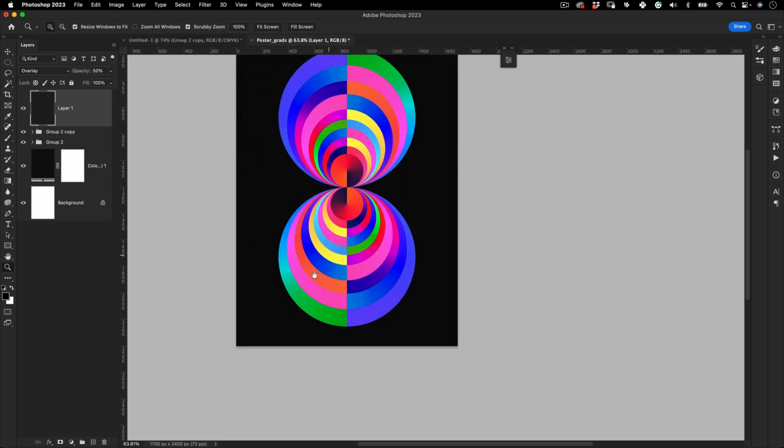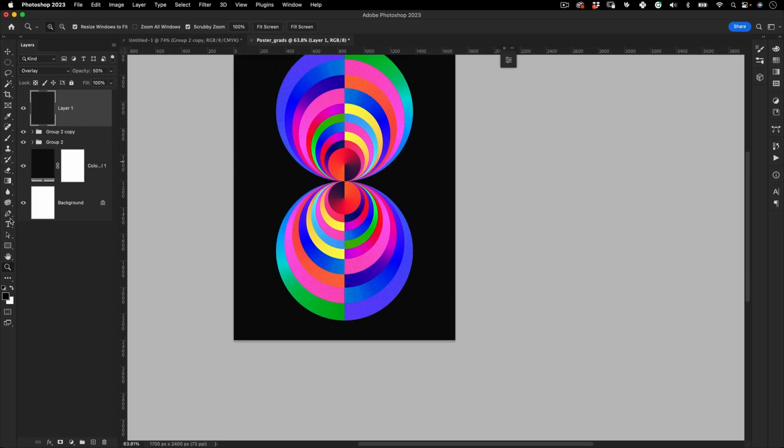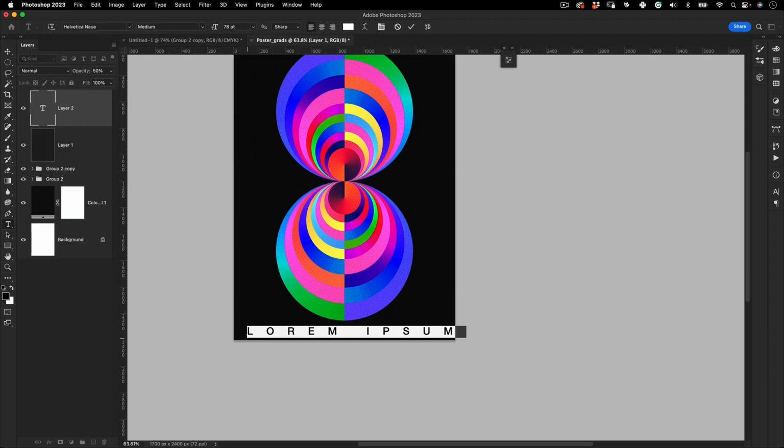Cool, and then I wrote something here with the text tool. Grads, I think it was grads. Something like referring to this gradient series. And yeah,